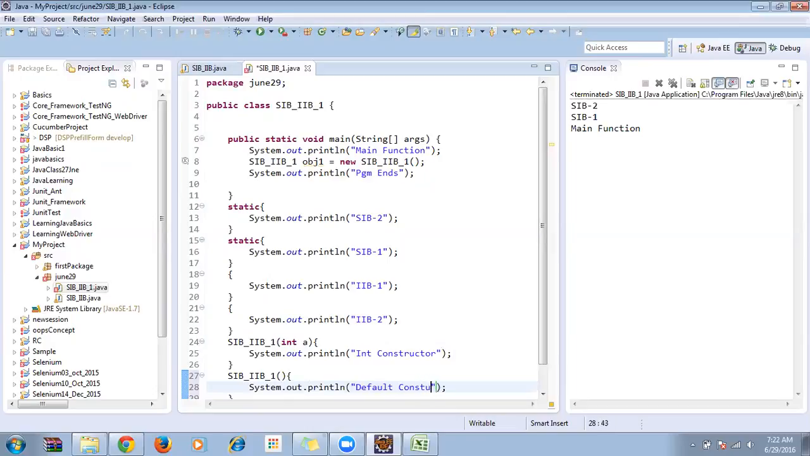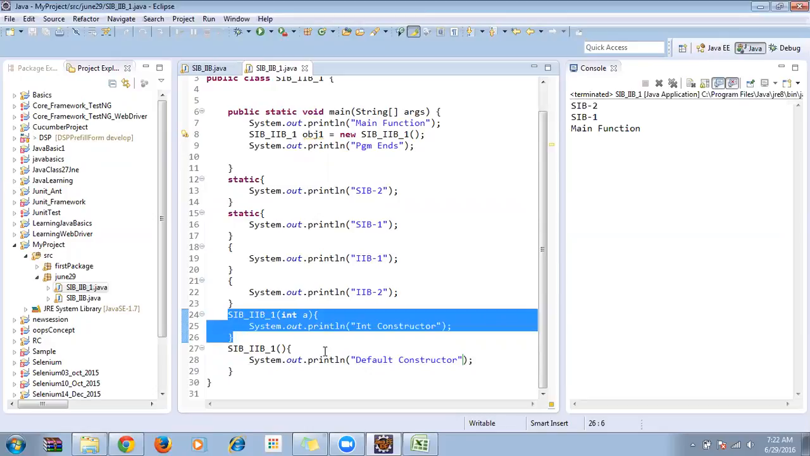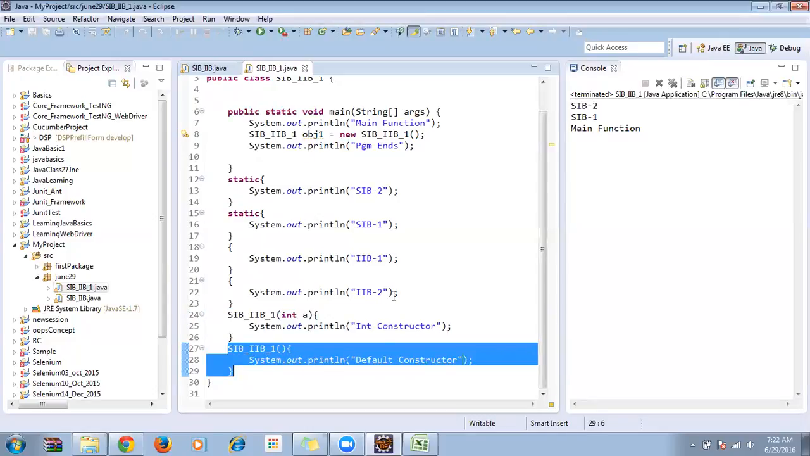Super. That is why I'm writing this one. Before execution, we don't have the default constructor, so this constructor will not be executed. Now if I have this default constructor,